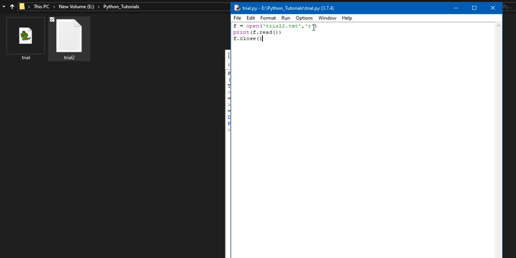So what happens if we again open that file to write? Now suppose I want to write only apple. So let us see what happens.